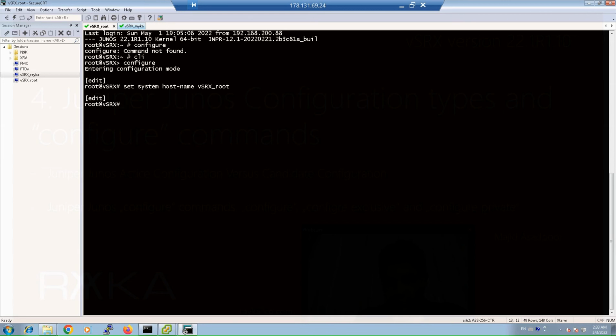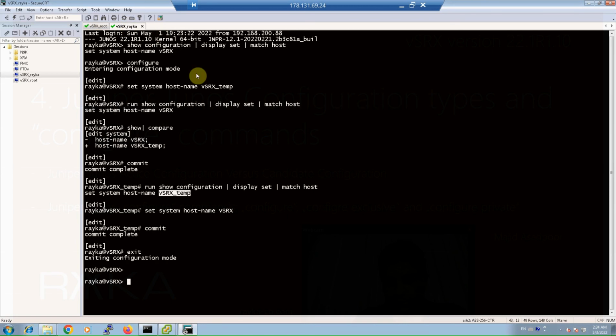Rika1 with read-only privilege with command set system login user Rika1 class read-only and then authentication plain text password rika-code.com, again rika-code.com. Then I will enter the configuration mode with user Rika